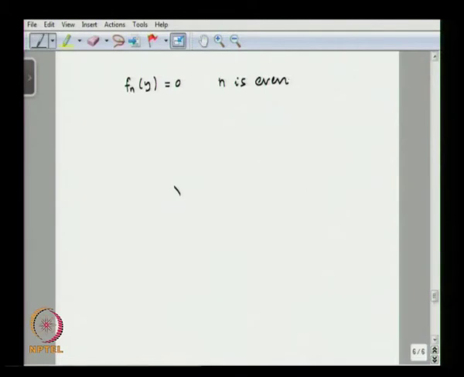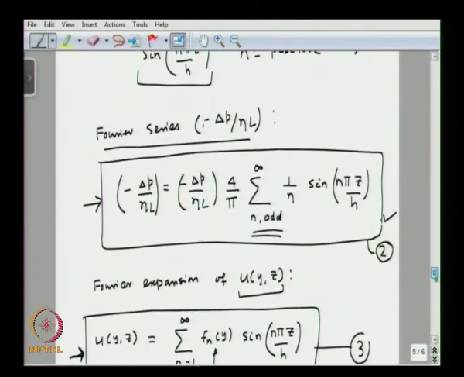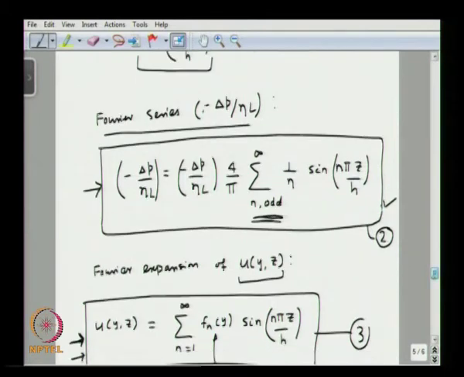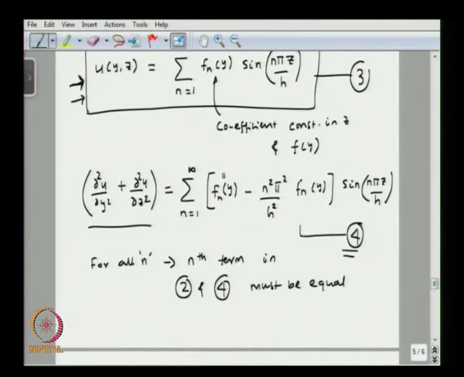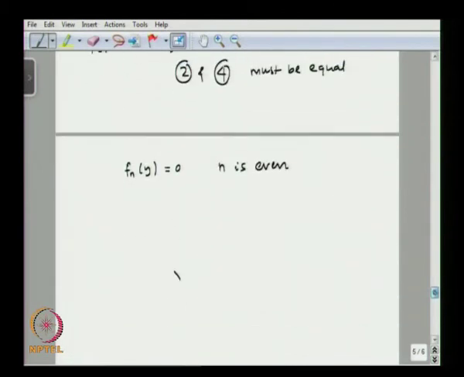Okay. For any even n, this term is 0, right. So, here only n is odd. So, in this equation, since here we are not talking about odd or even, if n is even here, then the function must vanish. Okay. So, f_n must be 0 if n is even, and if n is odd,